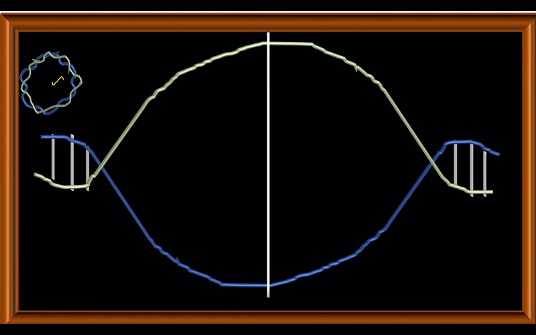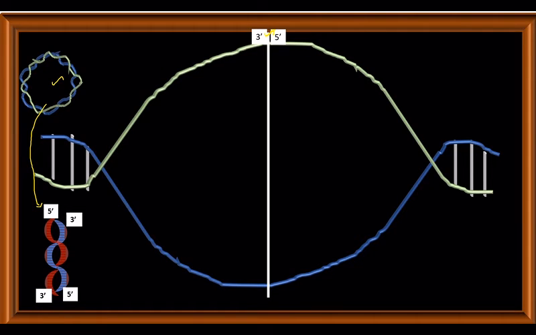Here you can see the covalently closed circular complex of the prokaryote. Now we can zoom into the bubble. Here you can see the white line which indicates the origin of replication site, that is OriC site. Here, you can see the red template which extends from 5' to 3'. Similarly, blue which extends from 3' to 5'. That is, it acts anti-parallel in direction.